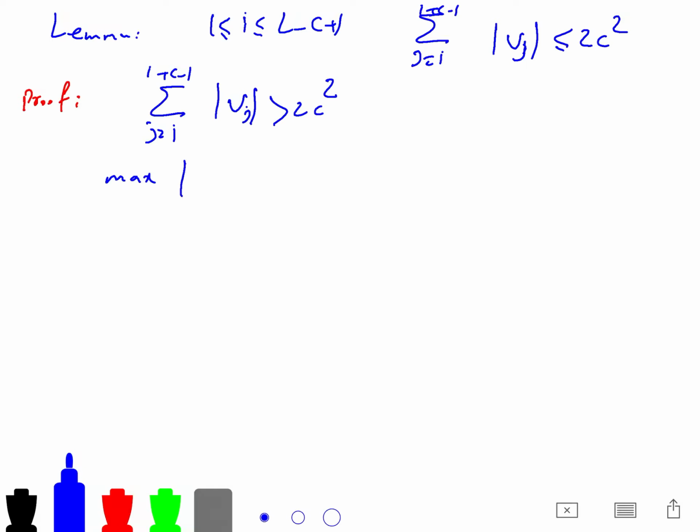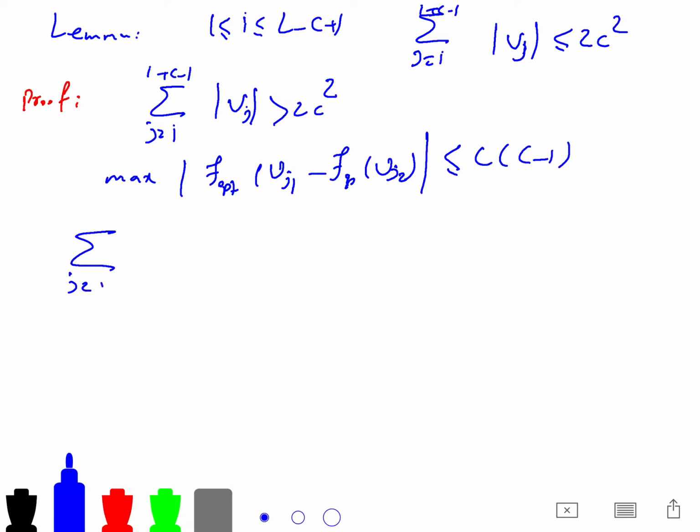Note that the maximum of f_opt of Vj1 minus f_opt of Vj2 is less than or equal to c times (c minus 1), and moreover, since the sum for j from i to i plus c minus 1 of |Vj| is greater than 2c squared,